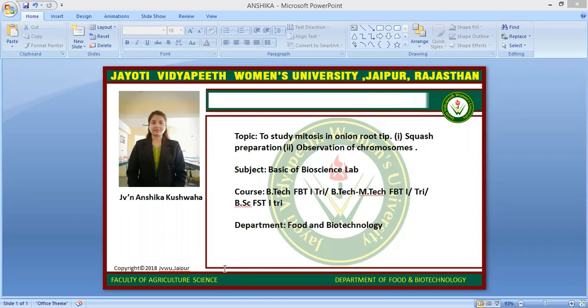The cell cycle is mainly classified into two segments, M phase and interphase. Interphase is the longer period of the cell cycle. During this phase, the cell prepares for its next stage. This is a period of diverse activities, and these activities are prerequisites for the next mitotic phase. Interphase is mainly divided into three phases: G1 phase, S phase, and G2 phase.